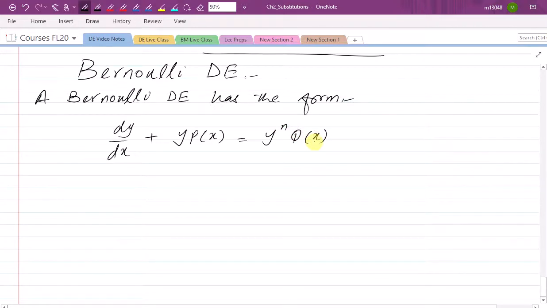So the difference between the linear and the Bernoulli is this term over here, y^n. And this is the standard form. Remember that this is the standard form, so that's the form we are going to use. Again, just like the linear equation, we will divide anything which is appearing over here, any constant, any function. We must divide that first, and then we will decide about p(x) and q(x). So the substitution for this one is